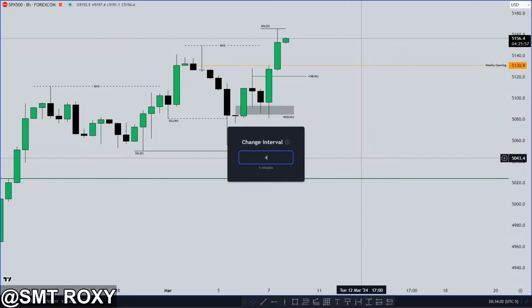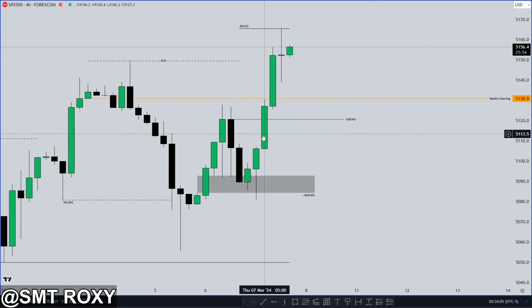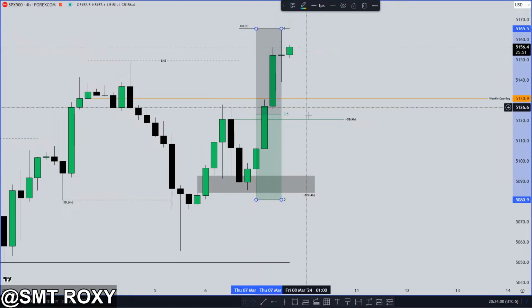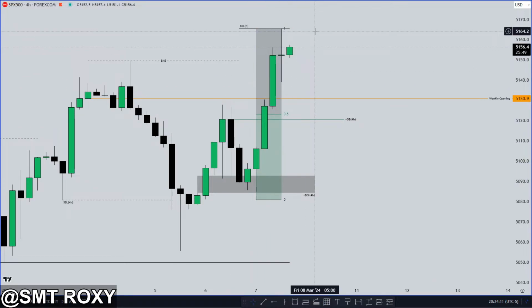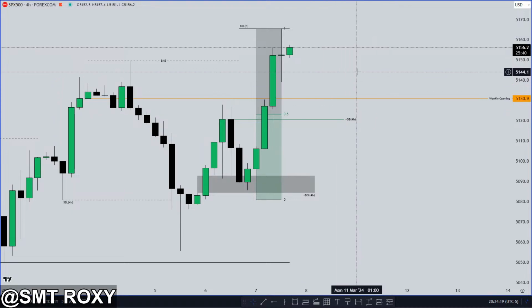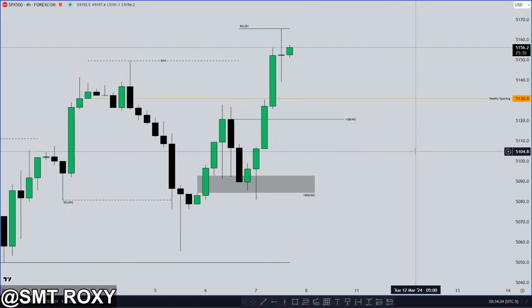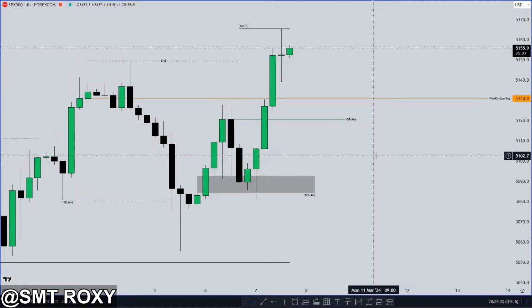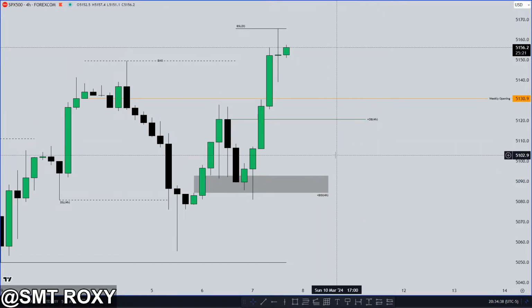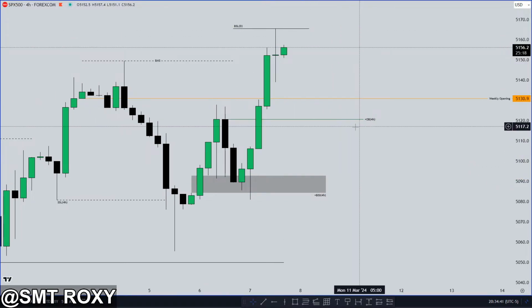So yeah, I would like to see us drop, come down to at least this mitigation block, since it is inside of a deeper discount, and then eventually rally higher. That's what I would want for NFP tomorrow, especially going into that. Especially since last NFP, I think we dropped and then eventually we started to rally higher. And NQ was the one that had a turtle soup entry, and I entered, and then eventually I stopped out, and then I re-entered after the inverse fair value gap happened, and then eventually I cut it too early, and I was still trying to find my edge in the market and my model. So good times last month.